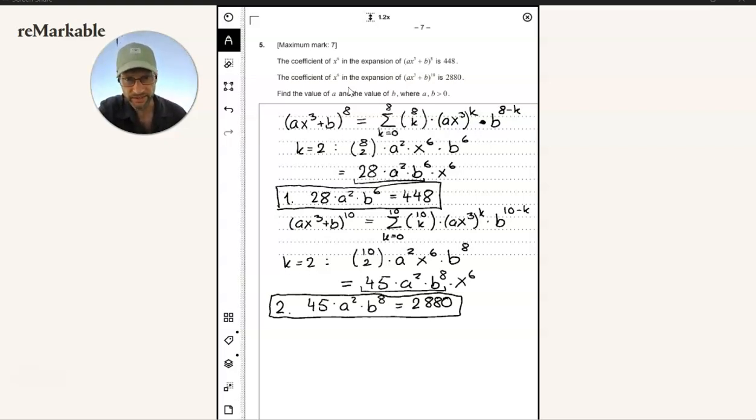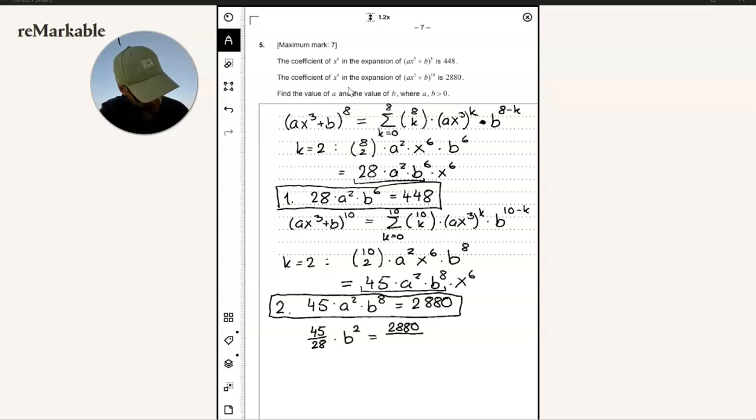One really nice trick is to see that if we take this term and divide it by the left-hand side up here, then the a squared goes away, and the b to the 8 gets divided by b to the 6. So it just becomes b squared, and that's pretty nice. So I'm going to do that. I'm going to say 45 divided by 28 times just b squared. That's equal to